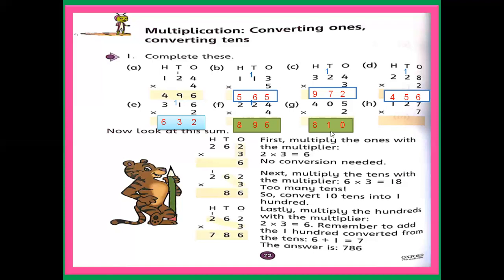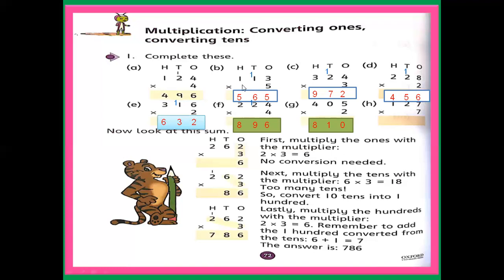2 fives are 10, because if you write here 1, then again 2 times 0 is 0, and plus 1, so the answer will come the same. So 2 fives are 10, you write 10 here, and now the 0 is left. Okay, no need to multiply 0. Then go to the end. 2 fours are 8.